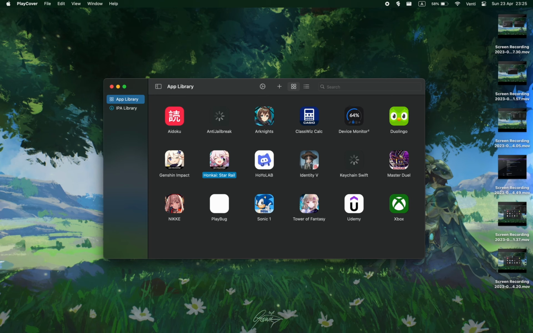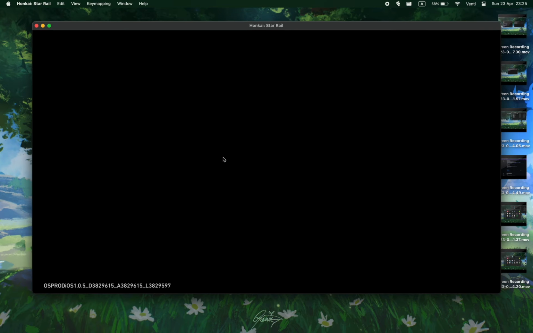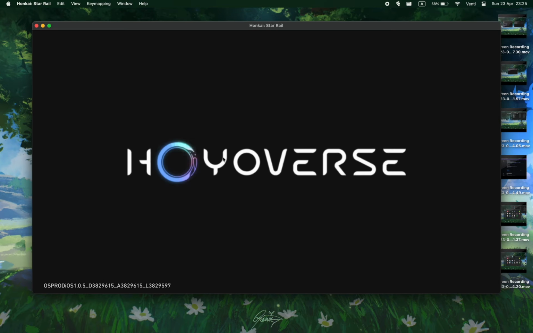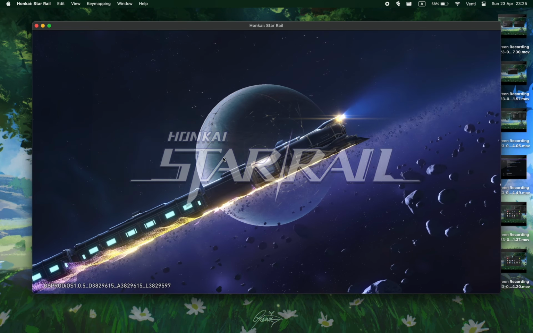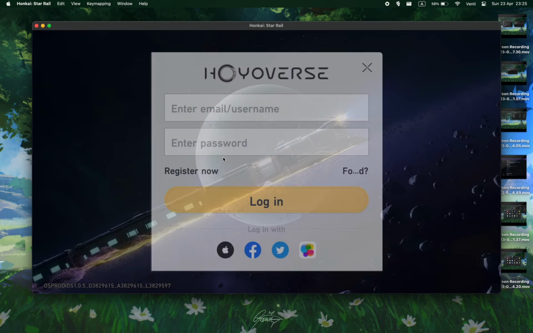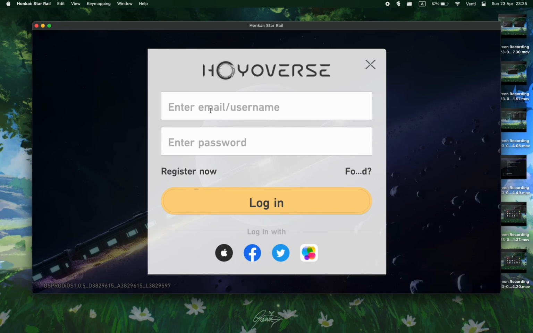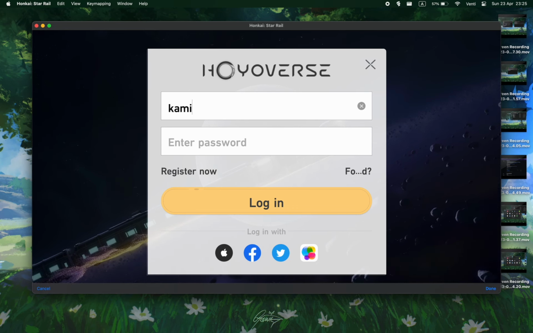And now we can launch Star Rail, so simply double-click on the icon in order to open it. At this point, simply log in using your username and password like usual.